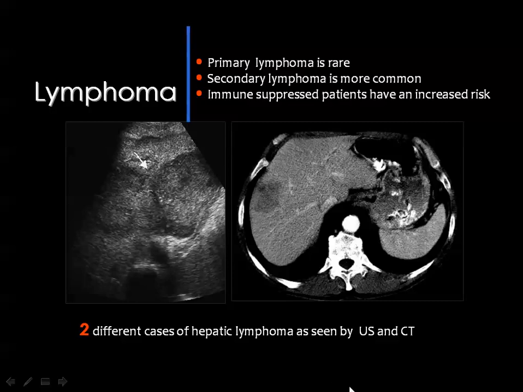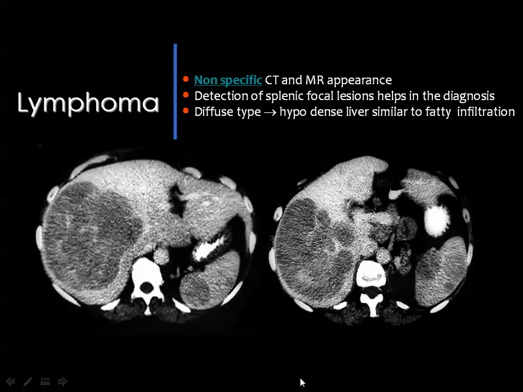Then we came to the third issue in this group, which is the lymphoma. Primary lymphoma of the liver is rare, while secondary is more common and is seen in immunosuppressed patients in most of the cases. But lymphoma in the liver has no specific diagnostic criteria, either by ultrasound or by CT or by MRI. And in my opinion, the most reliable diagnostic criterion for lymphoma in the liver is to